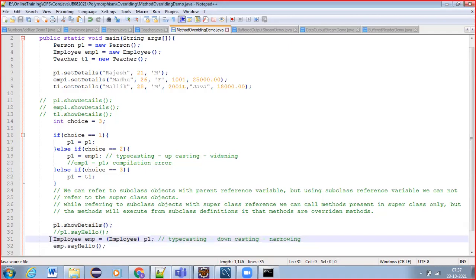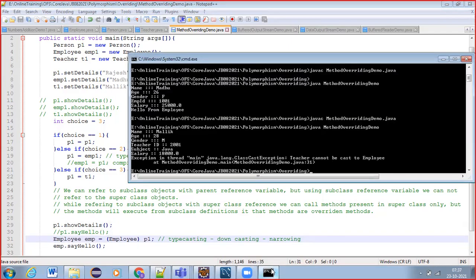Got it, guys? So when we are doing this typecasting, that should be compatible types. In the inheritance hierarchy, they should be present in the same inheritance sequence, not in different inheritance sequences. Okay. So this point you need to remember.